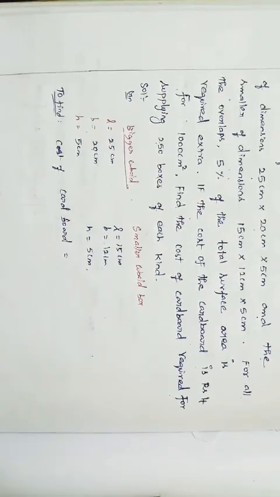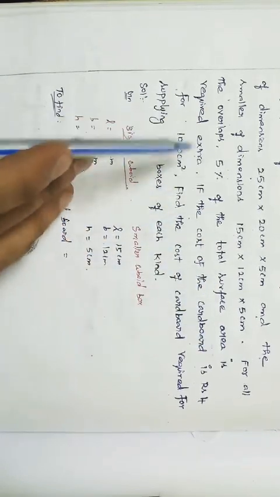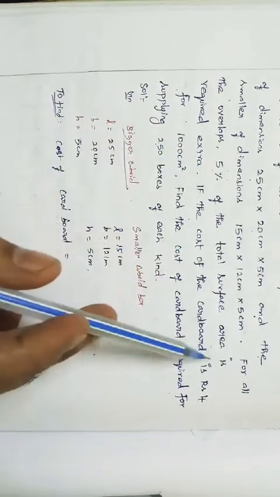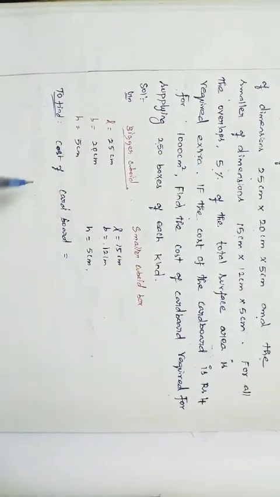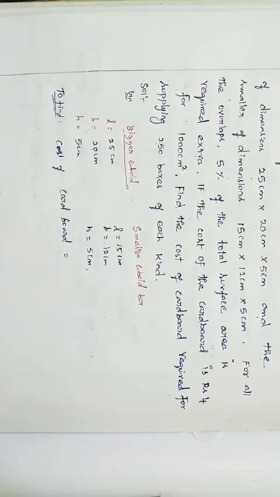After that, next we want to add 5% of the total surface area, which is required extra. So we have to find the 5% of the overlap, right? The overlap 5% we need. So we have to find the 5% of the total surface area, right? First we want to find the total surface area. After that we want to find the 5% of the total surface area, and adding that, we will get the total surface area of the cardboard, right?